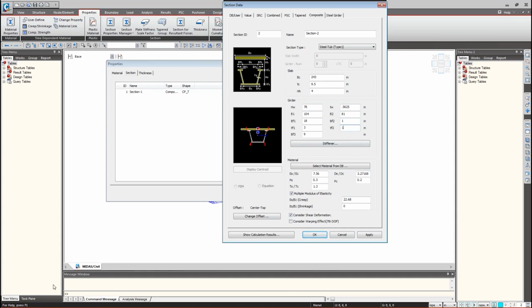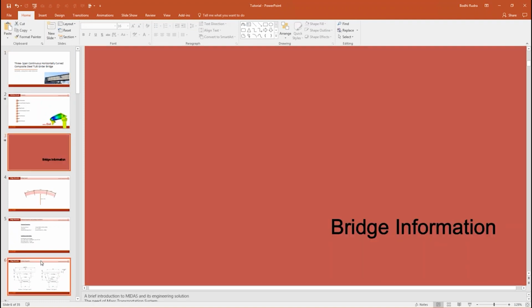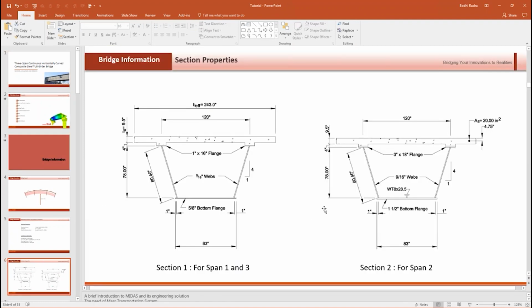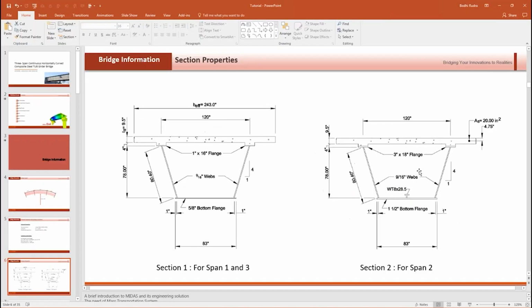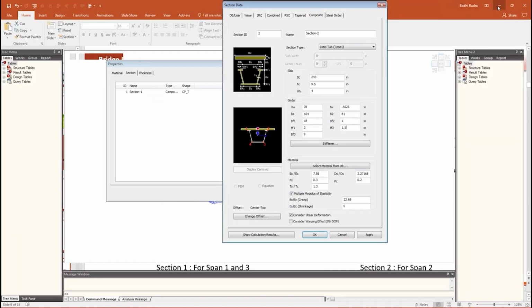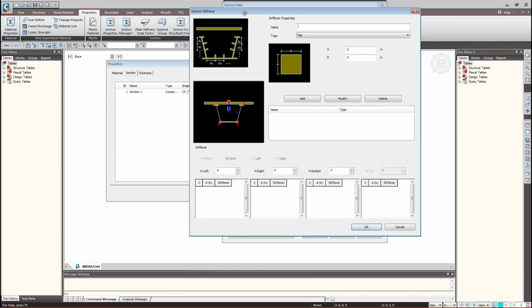And for the second section, if I go back to the presentation, what we are having is a stiffener here. If you look closely, we are having a longitudinal stiffener. So how to model the longitudinal stiffener? What we'll do is go to the stiffener option,